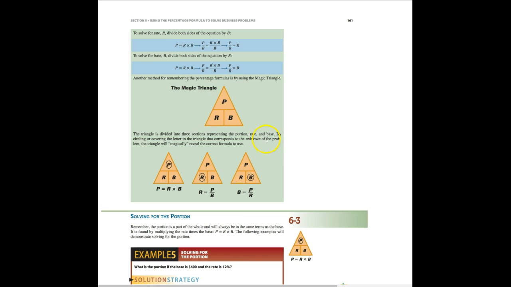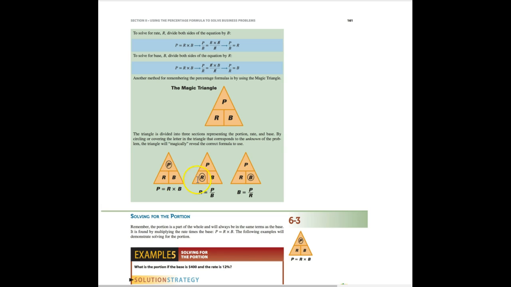The portion goes at the top, and then in the bottom left is the rate, and the bottom right is the base. It's divided into these three sections, and depending on what you're trying to find, if you're trying to find the portion, look at this line as equals rate times